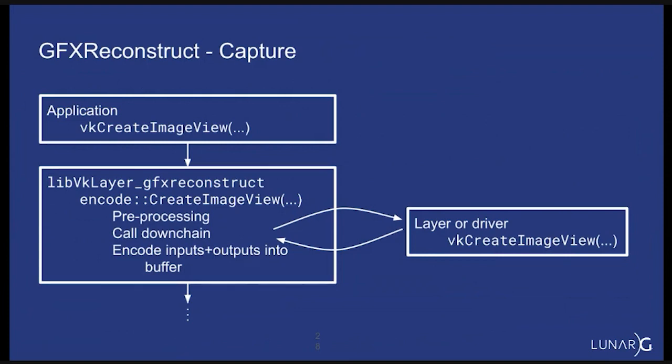If you go looking in the source code, what you'll see is that we have a function called createImageView in encoding, and that's what is actually in the layer that gets called by the application when the layer is in the chain. And then we call down chain in the middle of our processing, and that's either the next layer or it's the implementation itself, which actually calls createImageView. And this is in Capture. Once we've called that function,